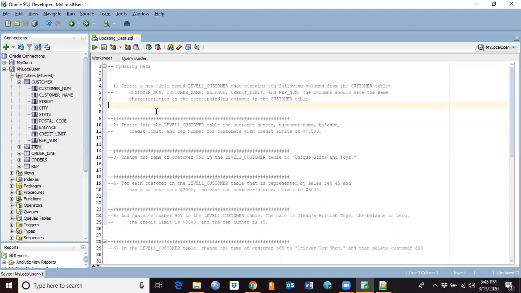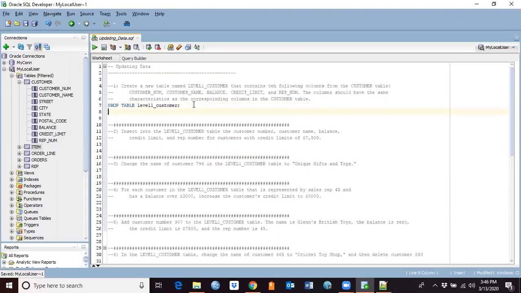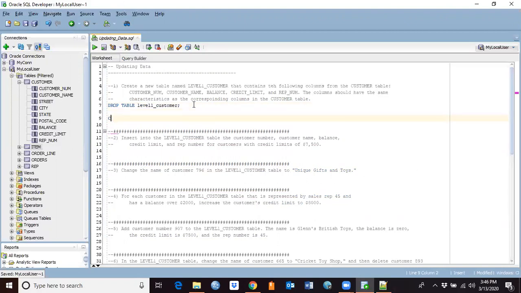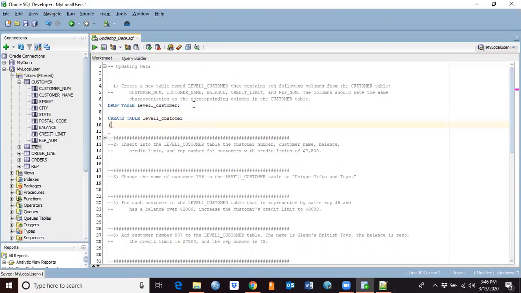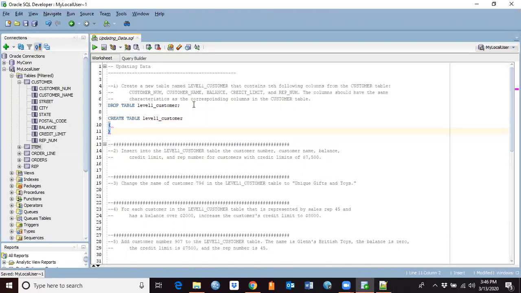It's always better to drop the table first. So we're gonna say drop table label1_customer. Okay, so we don't have this table right now. I'm just gonna copy this one. Then create table, and we want to have the following columns. So we have